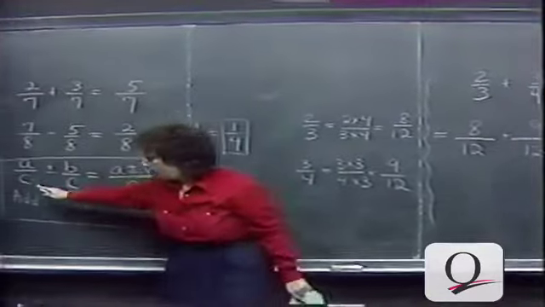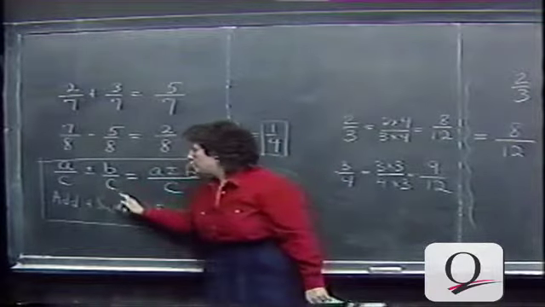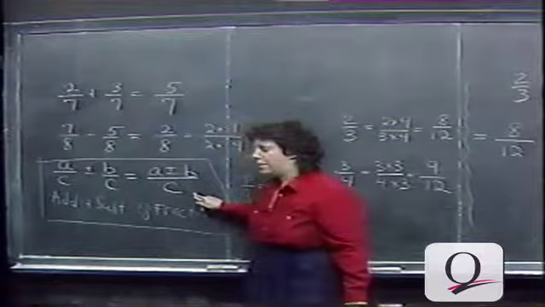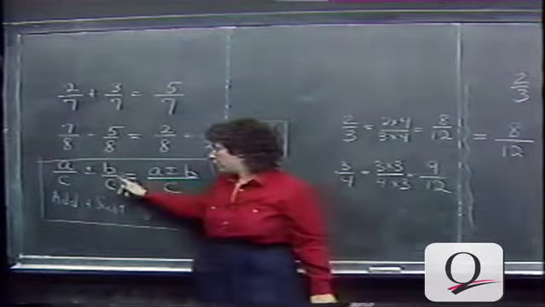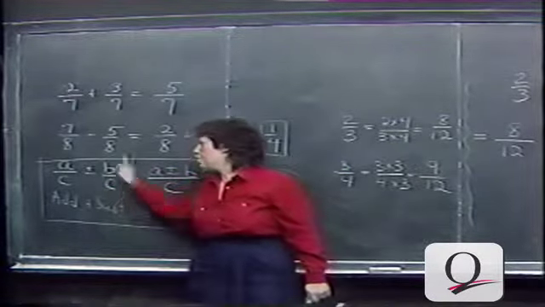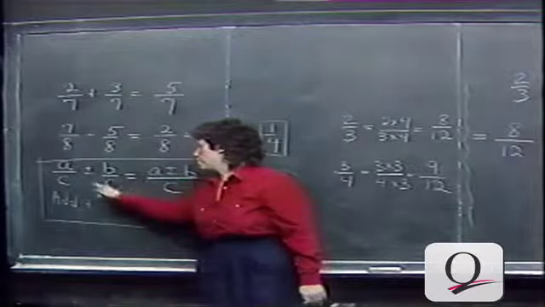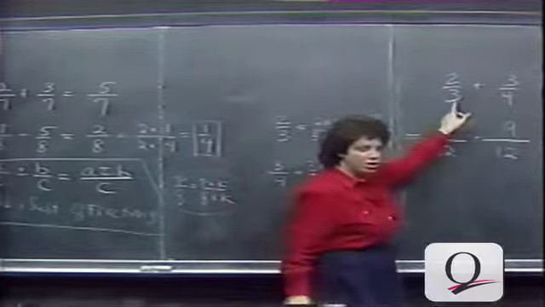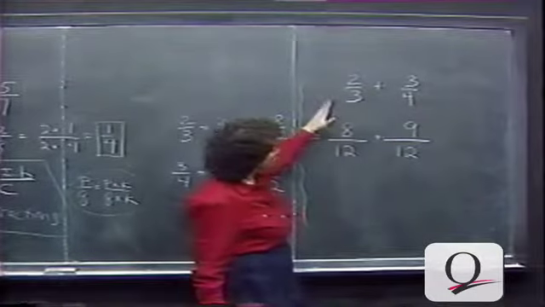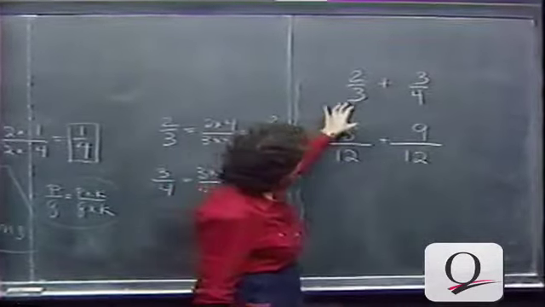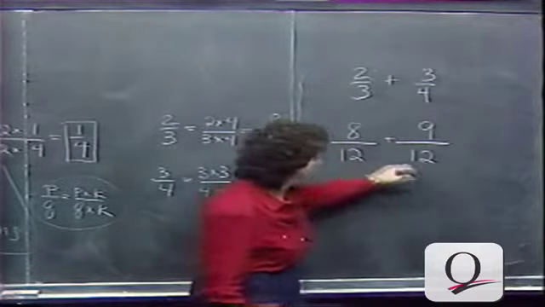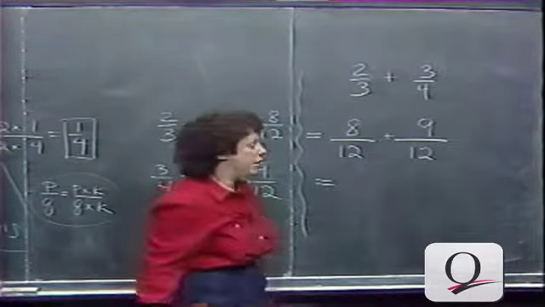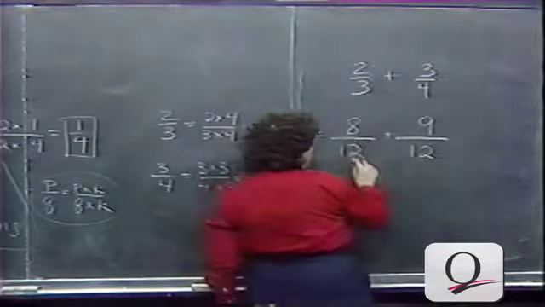If you have two fractions with the same denominator, you combine the numerators when you want to add or subtract and place that over the common denominator. So to add or subtract two fractions with the same denominator, combine the numerators and place over the common denominator, but they must have the same denominator. They didn't originally, but we were able to get around that by building fractions equivalent to the original fractions that had the same denominator. So now we're talking two fractions with the same denominator, combining the numerators, 8/12 plus 9/12,